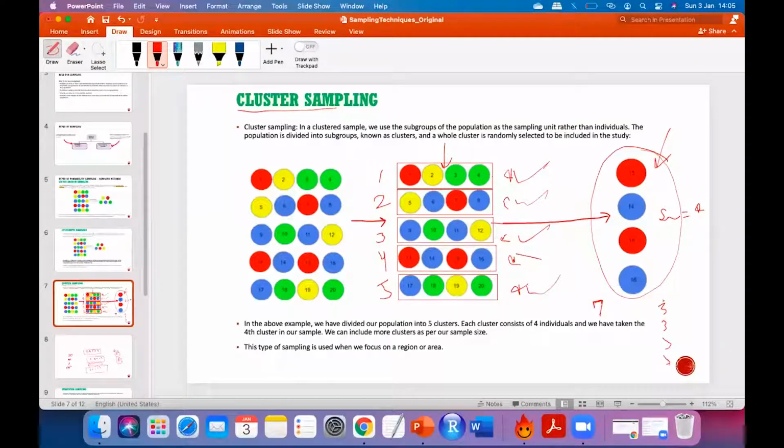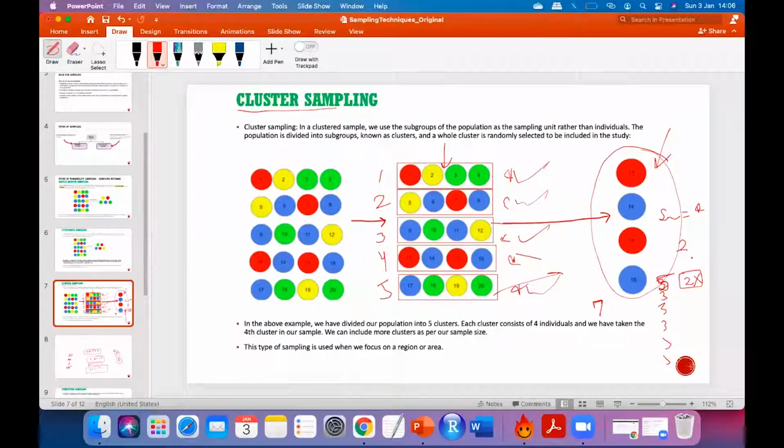Let's say 3, 3, 3, 3, 3. So how many do we have? 15 plus 3, 18, right? In the last cluster, we have 2, which is not allowed. Why? Because if I select randomly, I can get the last cluster and I will get only 2. I want 3. So what I can do is, in this cluster, I can do 5. So 3, 3, 3, 3, 3 plus 5. Correct? You understand what I'm saying?